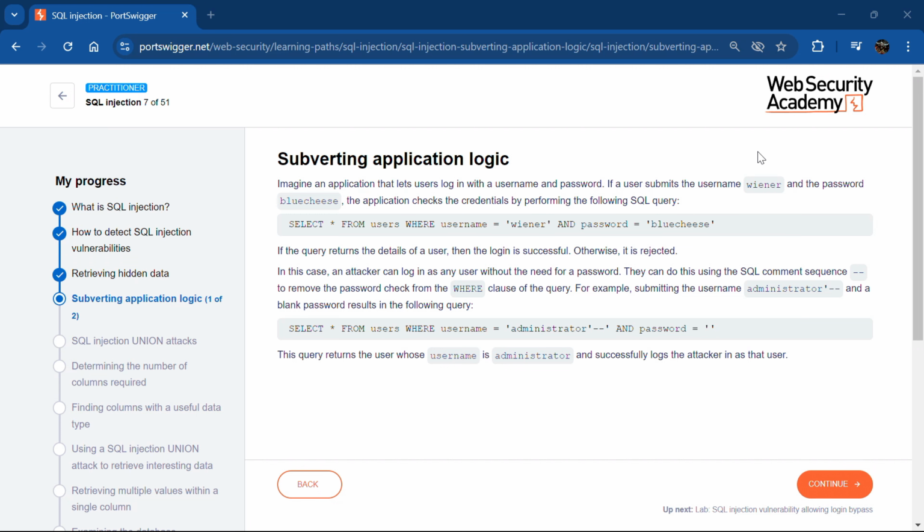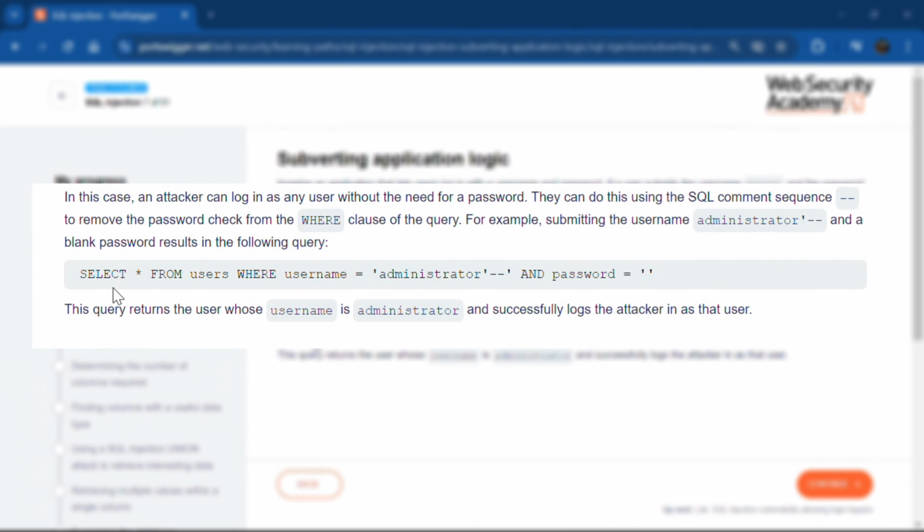In this case, an attacker can log in as any user without the need for a password. They can do this using the SQL comment sequence, as we learned before, to remove the password check from the WHERE clause of the query. For example, submitting the username administrator'--, a single quote and a comment, and a blank password will result in the following query: SELECT * FROM users WHERE username = 'administrator'--